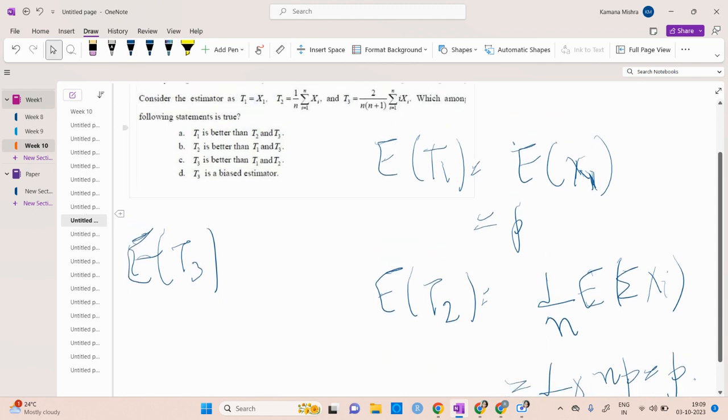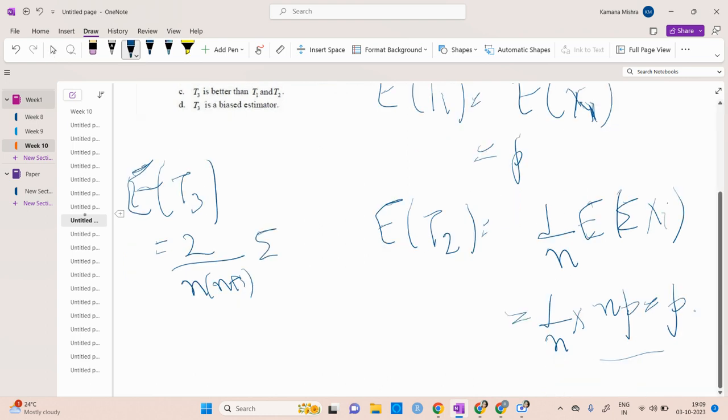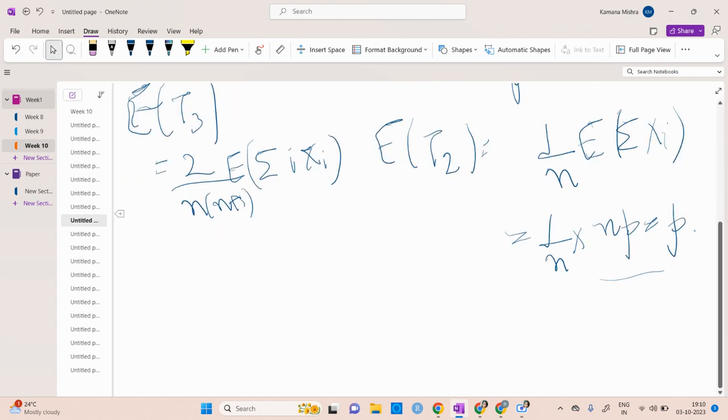So T3 is what? 2 upon n into n plus 1, summation i xi. So it is expectation of